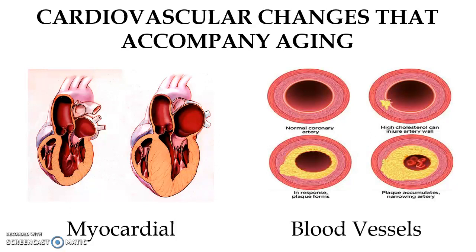Electrical changes that occur with age include a decrease in the number of pacemaker cells and conduction cells, and these changes contribute to the development of dysrhythmias in older adults. So a lot of members of the older adult population tend to have abnormal sinus rhythms, or if you look at the ECG readings, it tends to not be a regular sinus rhythm. This is typically because of the reduced number of pacemaker cells and conduction cells. Apparently, at the age of 75, an individual may only have 10% of the normal amount of pacemaker cells that they are supposed to have. So that's just something for you to think about.